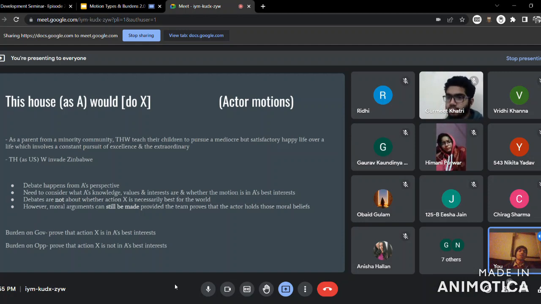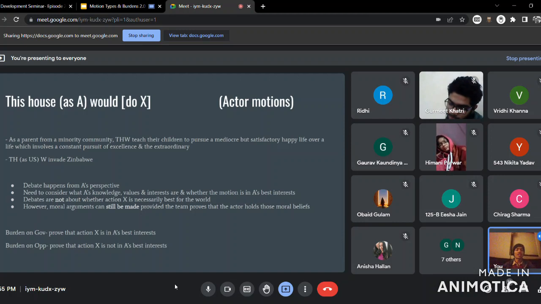Conversely, the opposition can probably say that as a minority community, it's important for you to, I don't know, बच्चे का ambition, like every kid has some ambitions, right? They don't want to be restricted to this mediocre life, and if they are able to prove that the parent of this minority community is more likely to have a belief that, yeah, I'm anyway from a minority community, I don't want my kid to end up in a mediocre place,